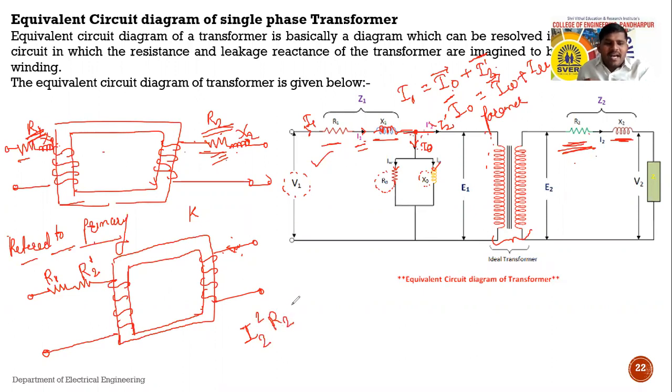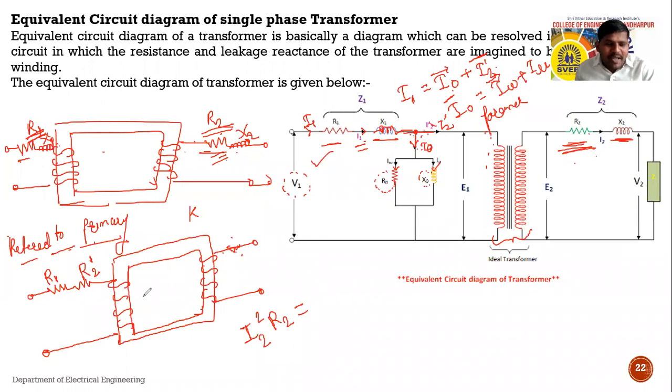sorry, I2 square R2, it is equal to, when it is transferred, ज्यावेळेस तो primary side ला transfer करतोय, म्हणजे आपण referred to primary म्हणतोय. At that situation, again copper loss remains equal. म्हणजे primary side ला transfer केले की त्याच्यामध्ये जे copper loss occur होतील, this loss, and when this resistance is at secondary side, this loss. So copper loss of both the conditions remains same. All of you keep in mind that copper loss in both cases remains same,